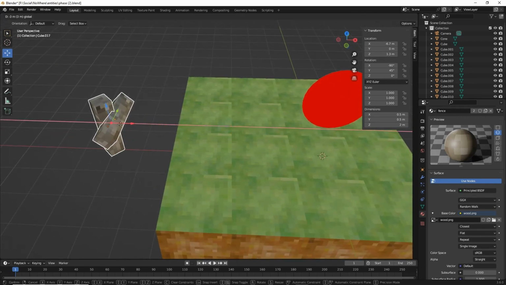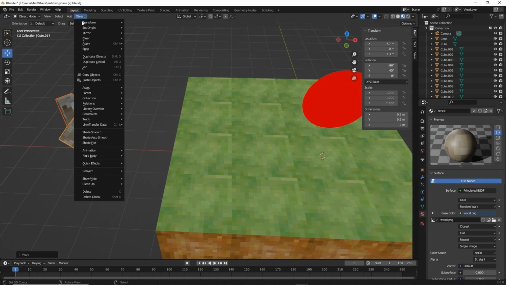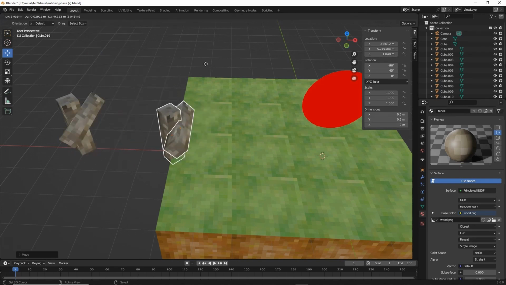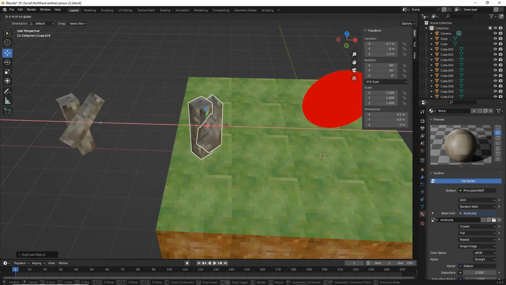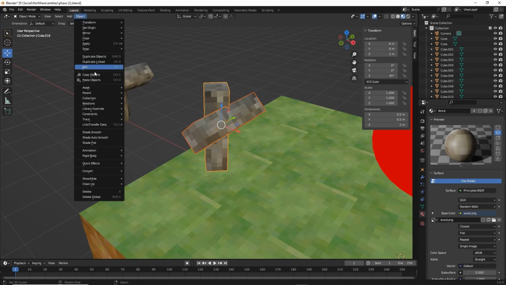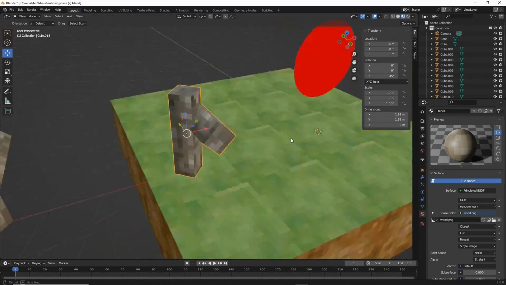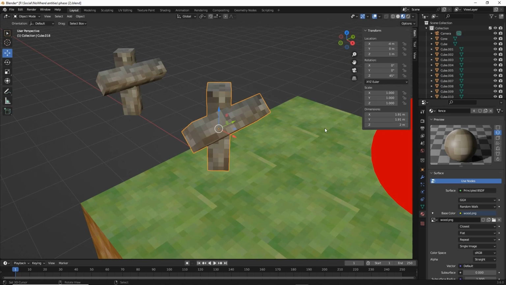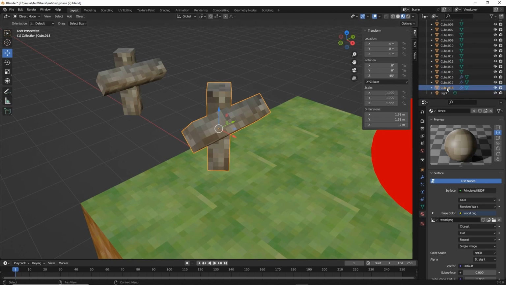So what we can do is just move them out of the way, duplicate them, object duplicate, escape, move these back into position, and then join these two objects together. Object, join, that creates a fence post or a fence post section. So let's just rename this, double click, fence,